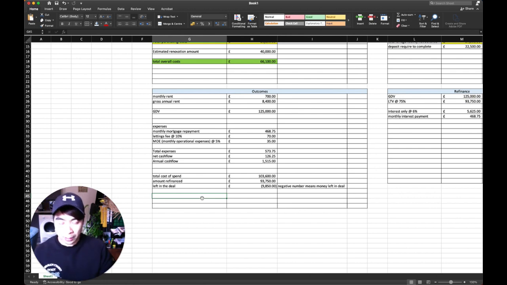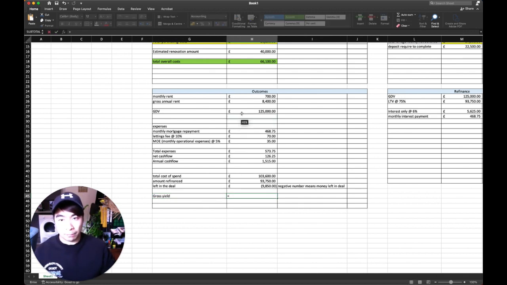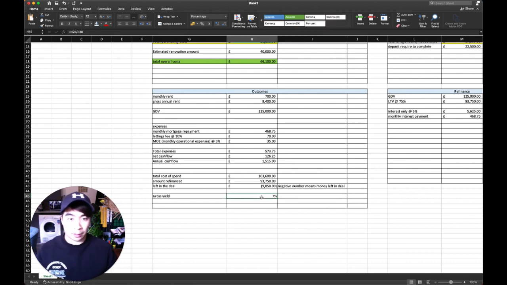If you want to work out yield, it is gross yield. And this is a metric that a lot of people use as well. So gross yield is basically your gross annual rent divided by the GDV, which here doesn't make sense because I need to make it into a percentage. If you make it into a percentage, use this percentage button here. We can see that for a property like this, my yield is at 7%, which is